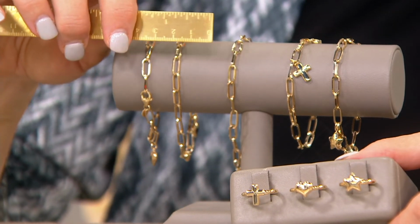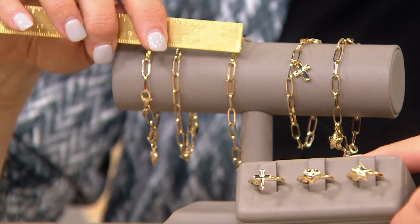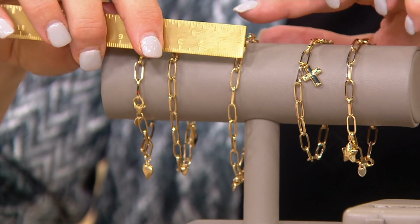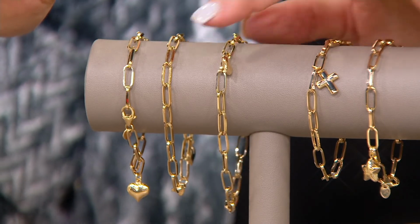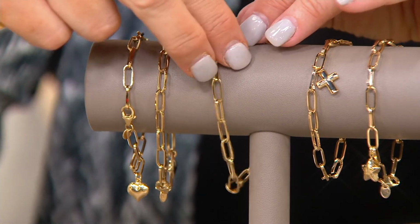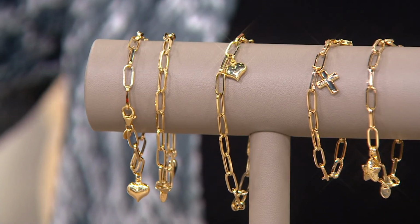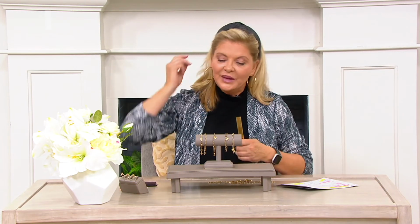I did remember that I never showed you. The chain is about 1/8 of an inch wide. So there's your chain at 1/8 of an inch wide. And then your charm, and these charms are very Italian. That's one of the many things that struck me, that still stays with me in my many opportunities, thanks to QVC, to visit different factories and to go to the Vicenza, the world's largest jewelry show with over 10,000 exhibitors. I'll always remember that. And you saw a lot of these puffy little